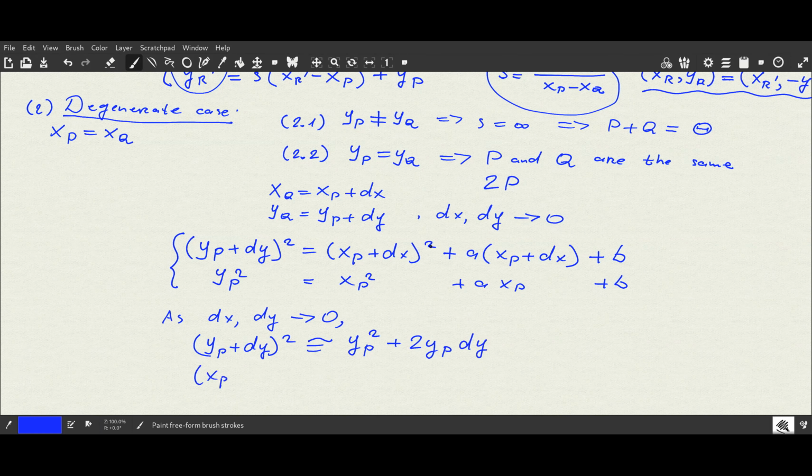And xp, sorry, cube again. What am I doing? Cube, of course, cube. (xp plus dx) cubed can be approximated as xp cubed plus 3 times xp squared dx. And then subtracting one equation from the other,